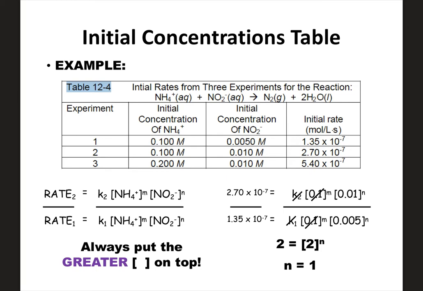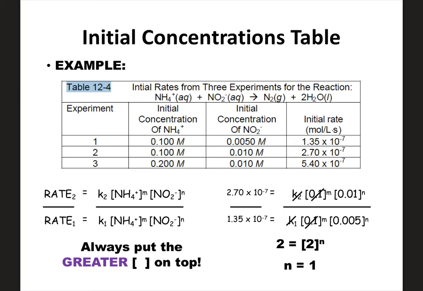Right? We're essentially writing the rate law for the first experiment, and then you're writing the rate law for the second experiment, and you're just dividing the two and canceling out what's similar here. So if you notice, I have rate 2 over rate 1 because I want to put the greater rate on top. And that would be equal to, well, if you're looking at the rate law for experiment 2,